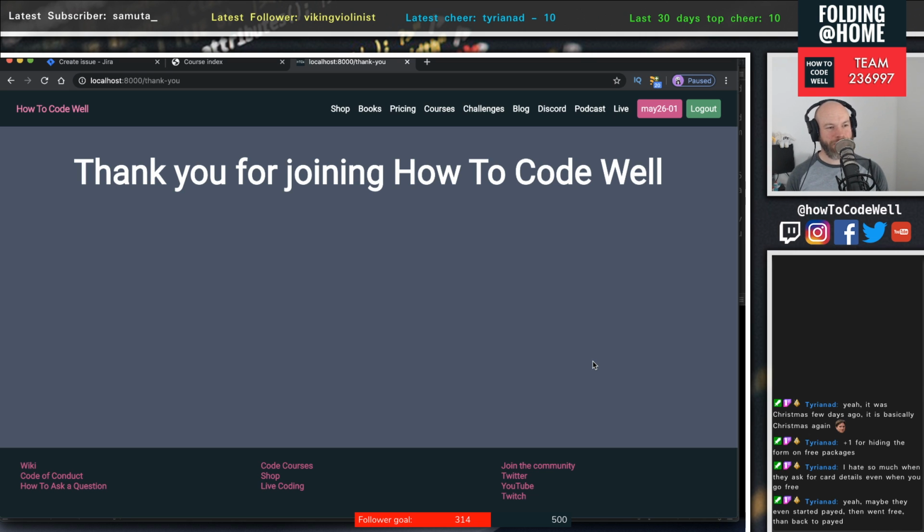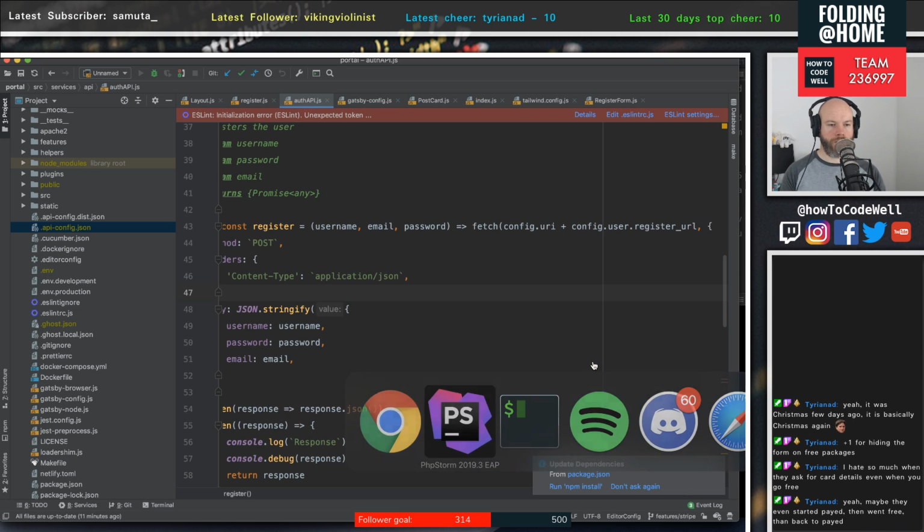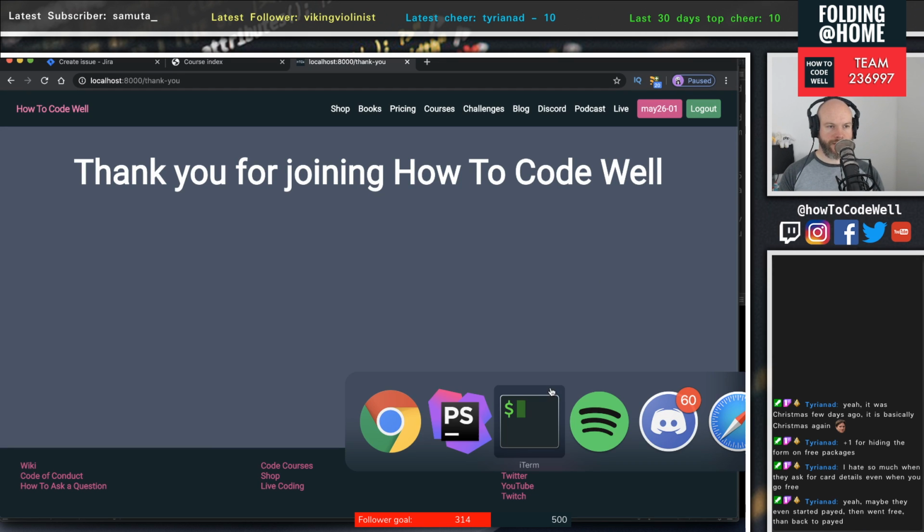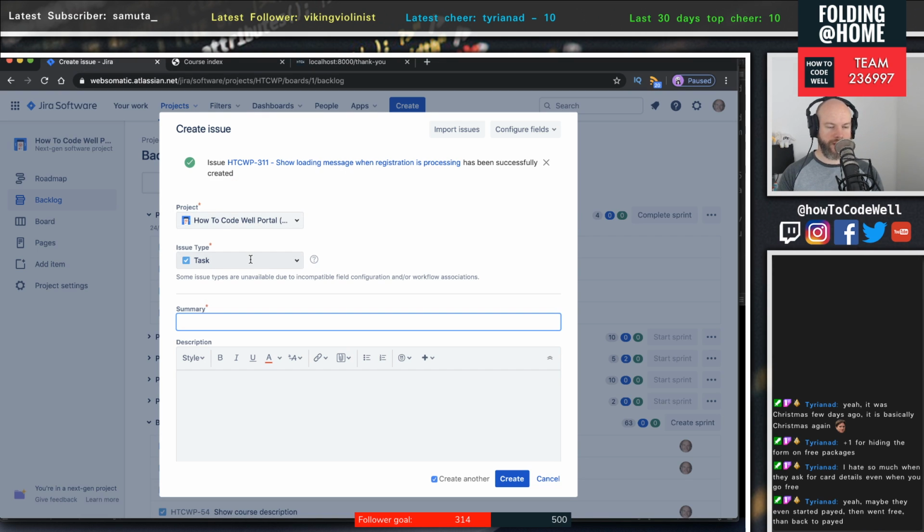It's a very basic flow at the moment, but God, that took me ages to get around. So all the integration parts, all the stuff going on behind the scenes: registering a user on our system, registering a user on Stripe, dealing with the payment method, and then sending that up, and then subscribing to that package for a monthly. That's all done. So this is the thank you page, and this is what I was saying about having to clear out the